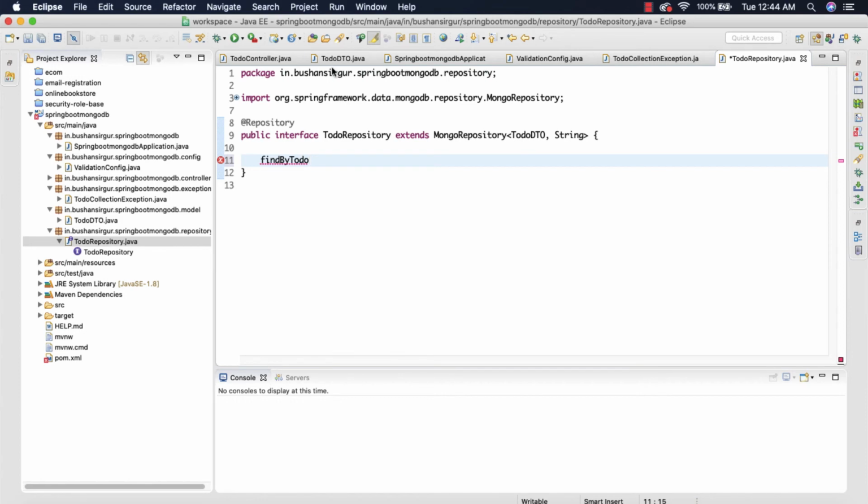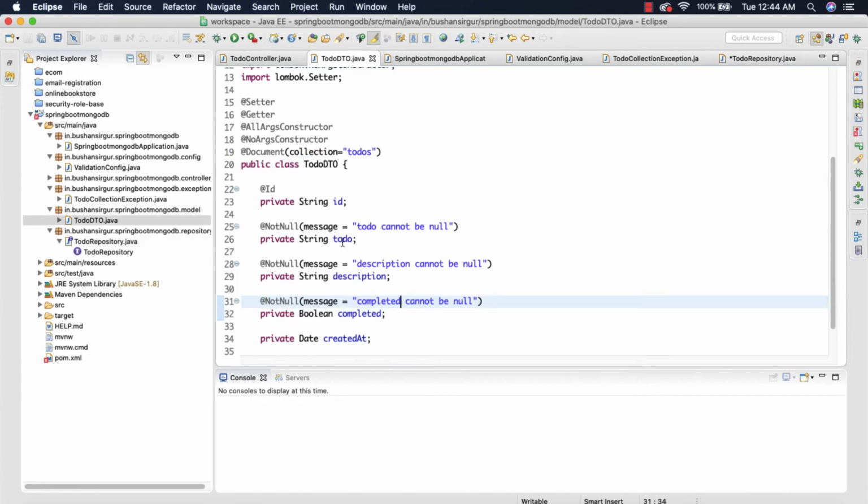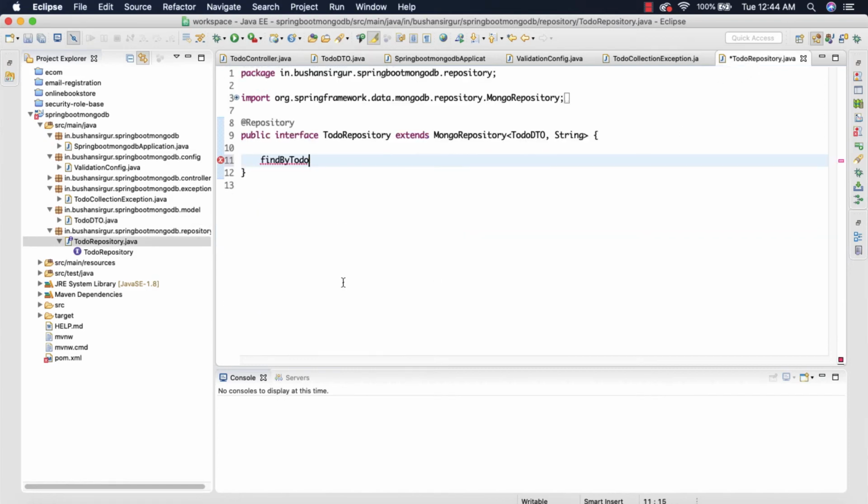If you go to the ToDoDTO, we have this property toDo, and we're going to create a query method for that, findByToDo. This is going to accept a String toDo as a parameter, and this is going to return Optional ToDoDTO.